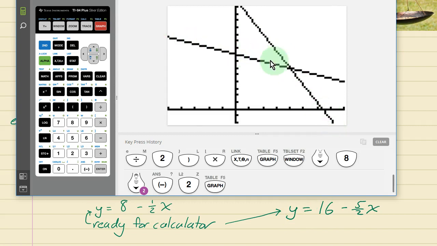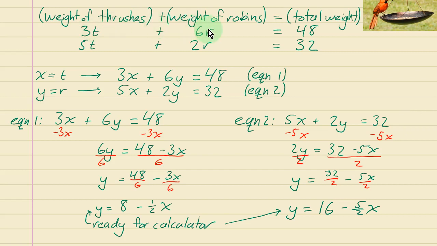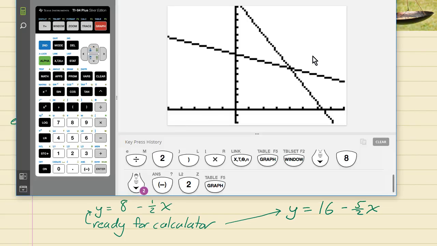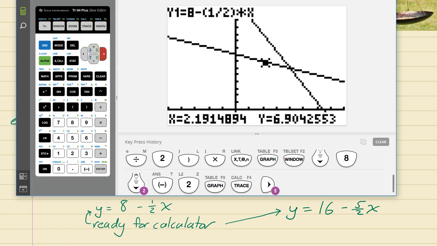And there's an infinite number of points along each one of these lines. Each one of these points represents the possibilities that you could have for the first scenario, which was the 3 thrushes and 6 robins that weigh 48 ounces. There's a lot of ways that could happen, but there's only one way that the second one could also be true at the same time, and that happens at that intersection point. So we want one xy point that works with both of the equations, so that's got to be that point there. Now, to get it, you could get a rough estimate by pressing trace and getting sort of close to there, but it doesn't always work out perfectly,